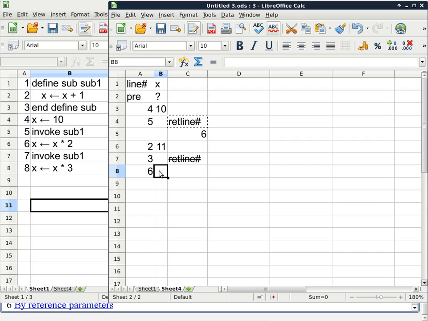Line 6 is doubling the value of x. X goes from 11 to 22. And then we get to line 7. We know how to do it on line 5. We should know how to do it now. So on line 7, we're doing exactly the same thing. Two things we have to do. Allocate